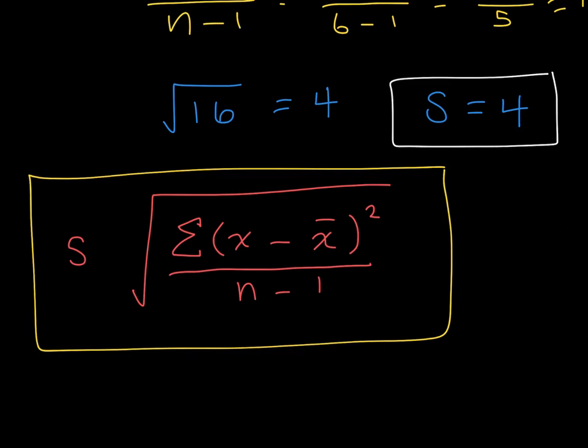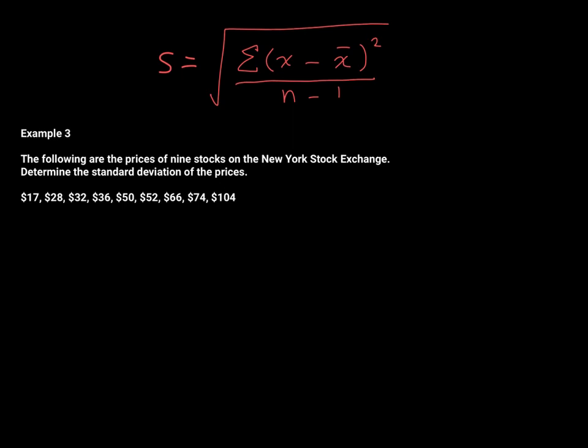All right, let's look at a new example and find the standard deviation. All right, the following are the prices of 9 stocks on the New York Stock Exchange. Determine the standard deviation of the prices. All right, so we got $17, $28, $32, $36, $50, $52, $66, $74, and $104. All right, first things first, let's find the mean,